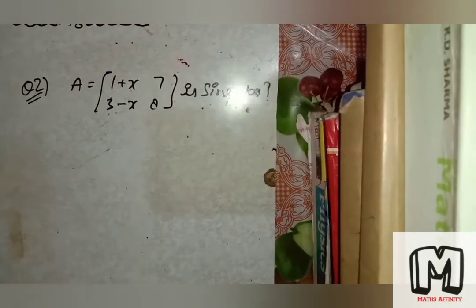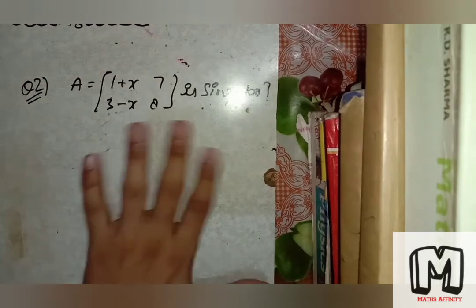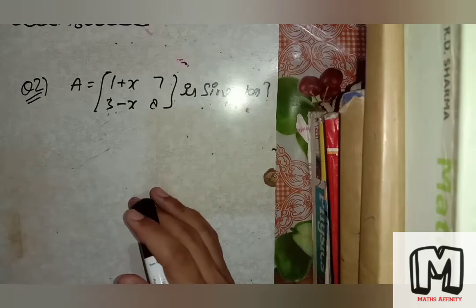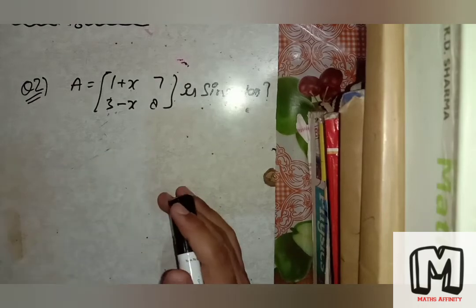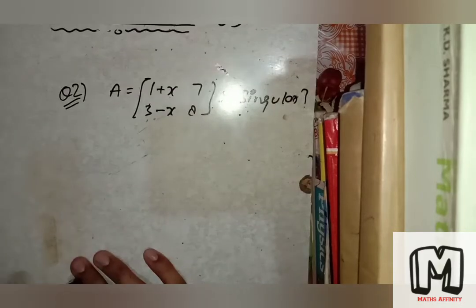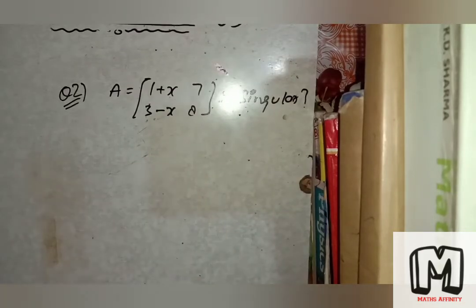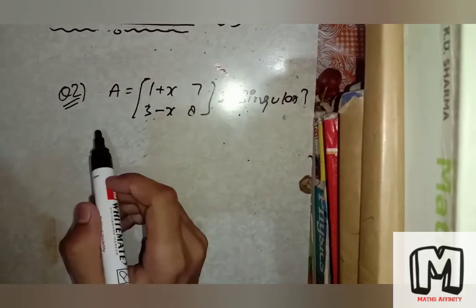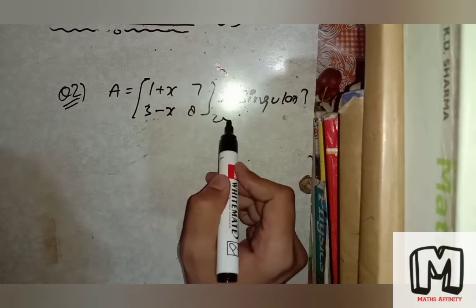In this question again we have to find the value of x for which matrix is singular matrix. So this is very simple and same like the previous question, so you must solve this question. Okay, so friends, just now pause the video and solve this question. So 3 2 1, I am going to solve now. Very simple. Now expand this, very simple, because it is 2 cross 2.